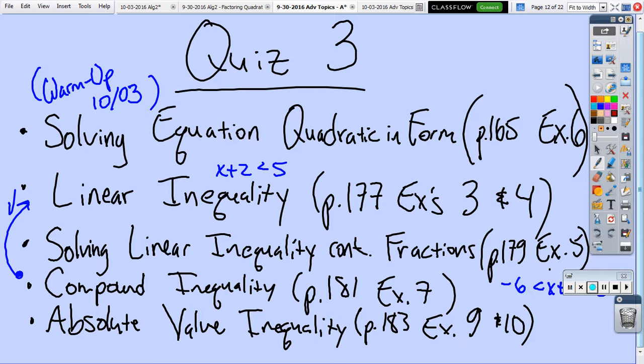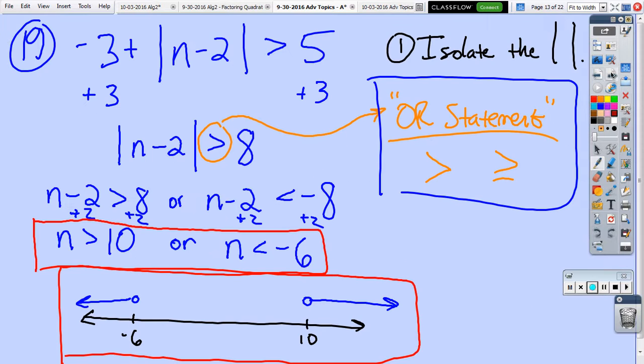So right now we're just looking at absolute value inequalities. The other stuff I think is fairly simple compared to what we're looking at now. If you guys remember how to solve compound inequalities, they're going to feel like a piece of cake compared to what we're doing. So a compound inequality is something like,